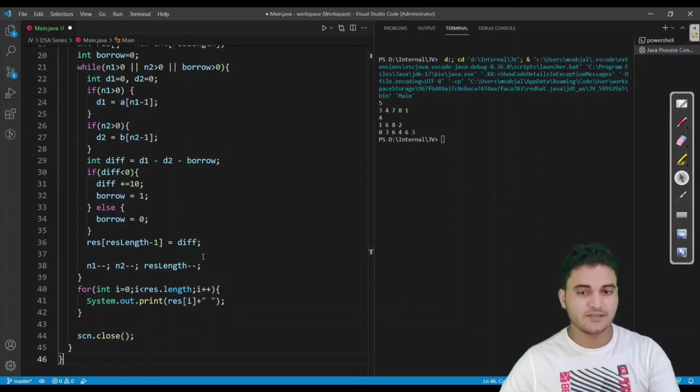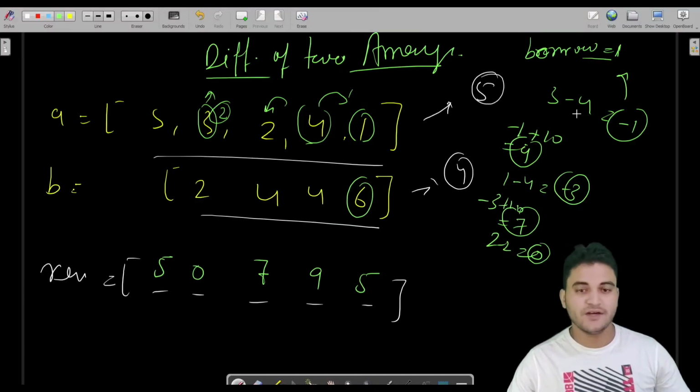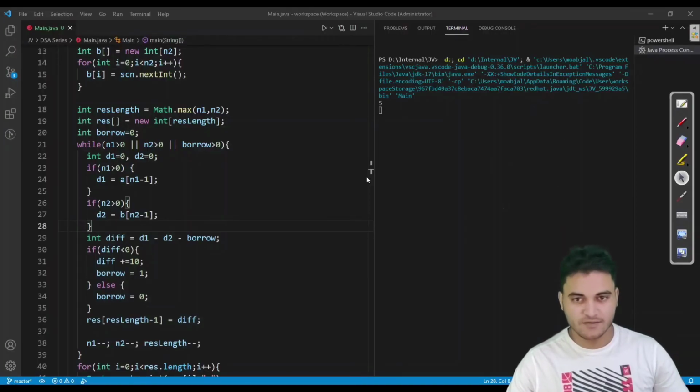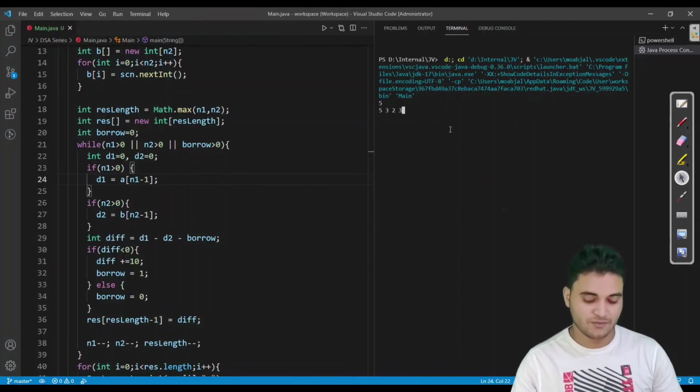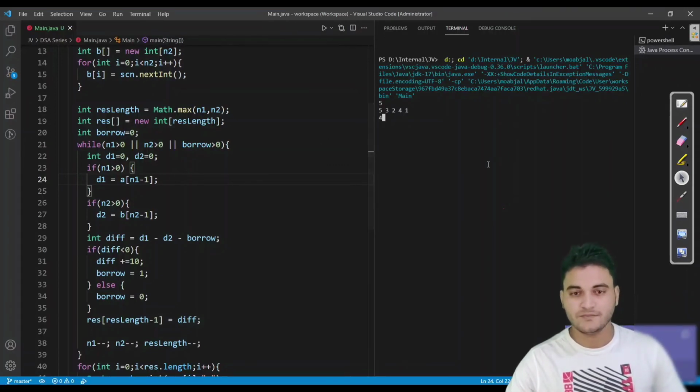Let us see whether this is working or not. For the same input, 5 3 2 4 1, and after that we have to enter the size of the second array, which is 4, and the values for this: 2, 4, 4, 6.